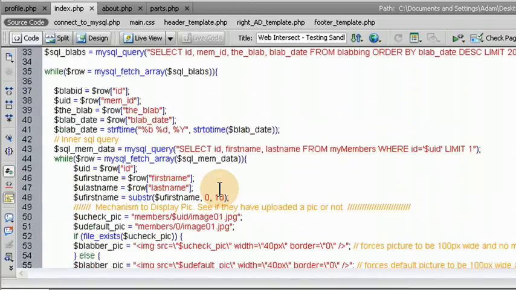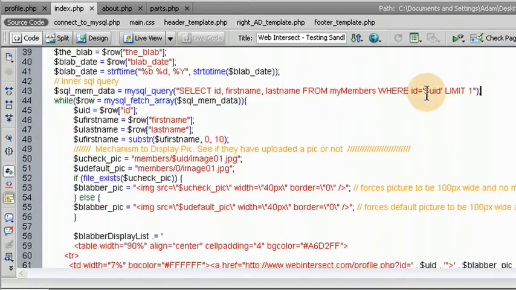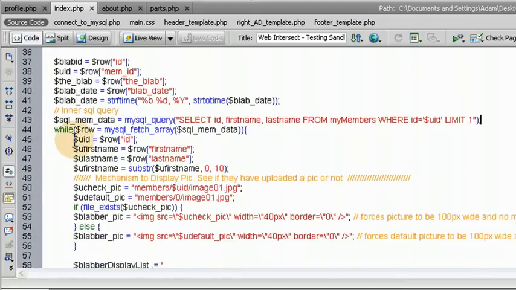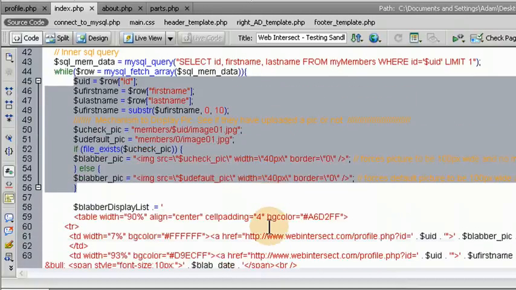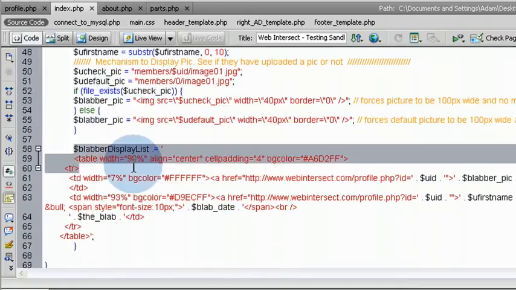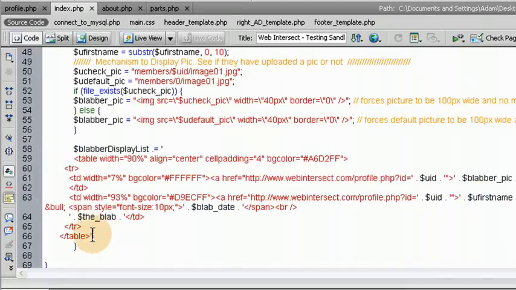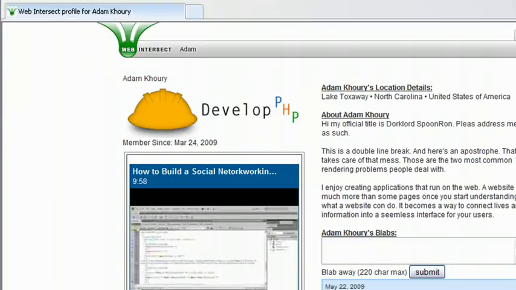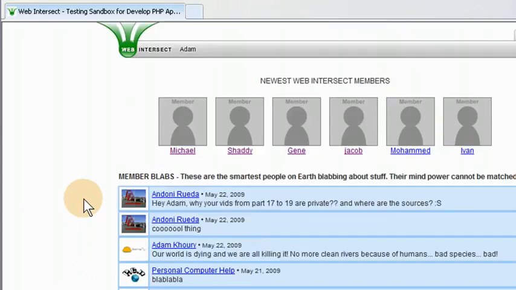So here in the second while loop, we're saying for each one of those 20 blabs, the member ID, we're going to gather all that member's info, see if they have a picture and everything, and then we make the blabber display list. The 20 blabs get put into tables and sunk into the output of the page. And then this is what we get. And that's how it works. And it's limited by 20. So it's always going to be the newest